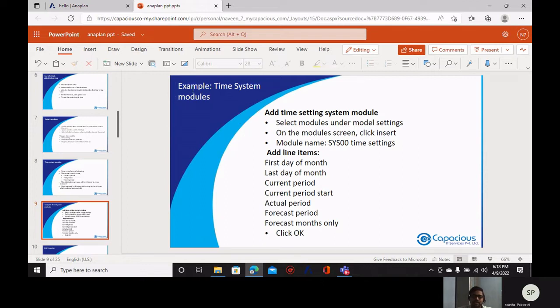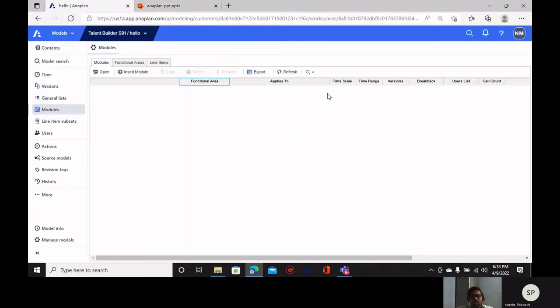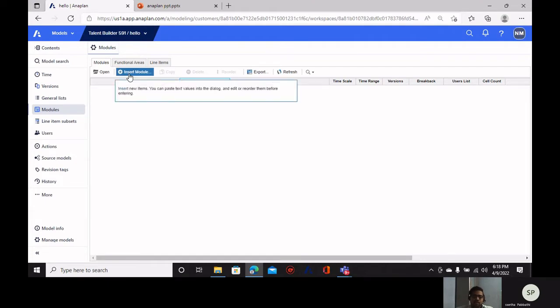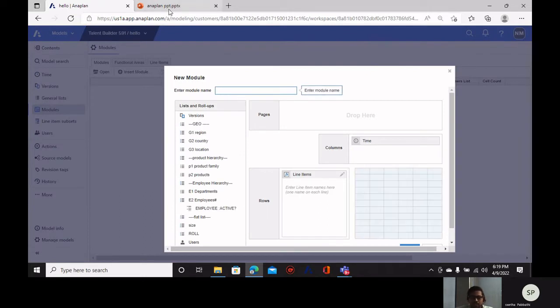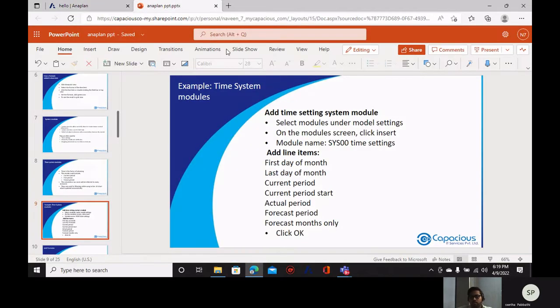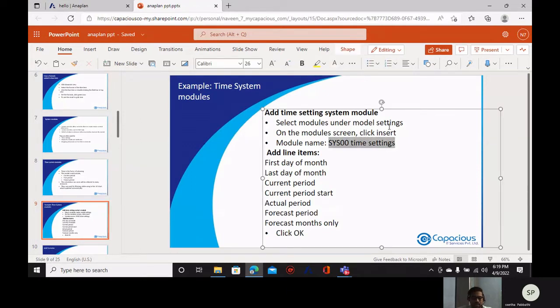Now we are going to see an example of time system modules. Now we are going to do the practical implementation of time system modules. So we are going to create the module now. We saw in the first slide how to create modules. In the settings bar, we'll click on modules. After clicking modules, we'll see insert module. Here we should enter the module name. Here I'm taking this as the module name, which I have already done,